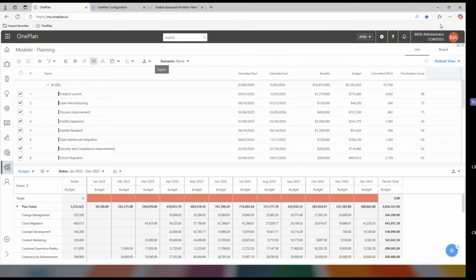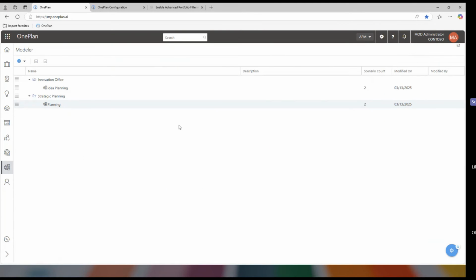So I had a model open here already. Let me just close it. When you're in the modeler, you can set up different folders for different models. The real purpose of the modeler is to identify which projects you would like to select and begin executing, and